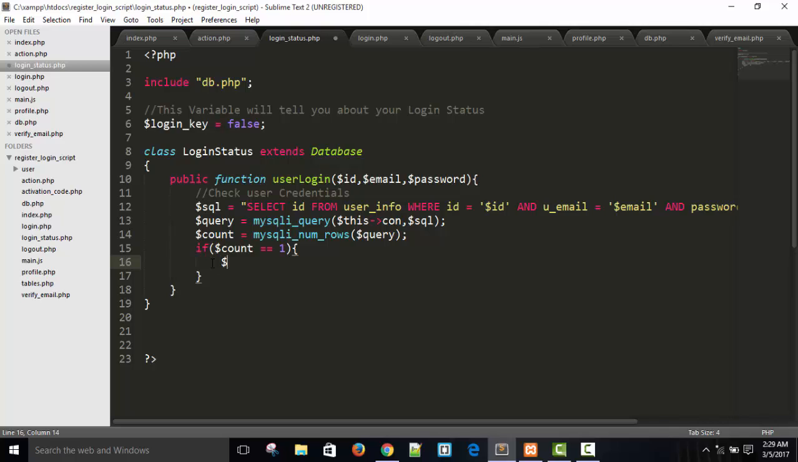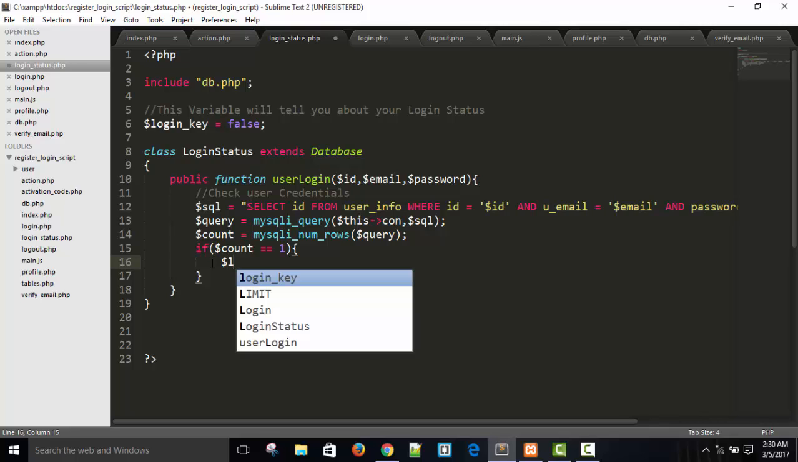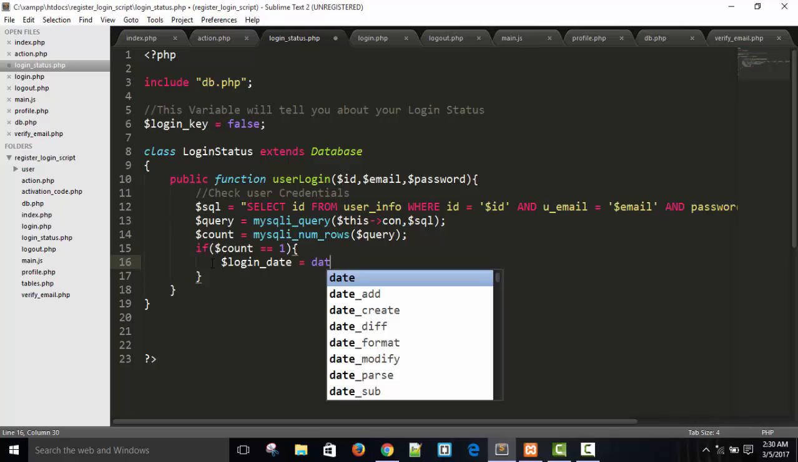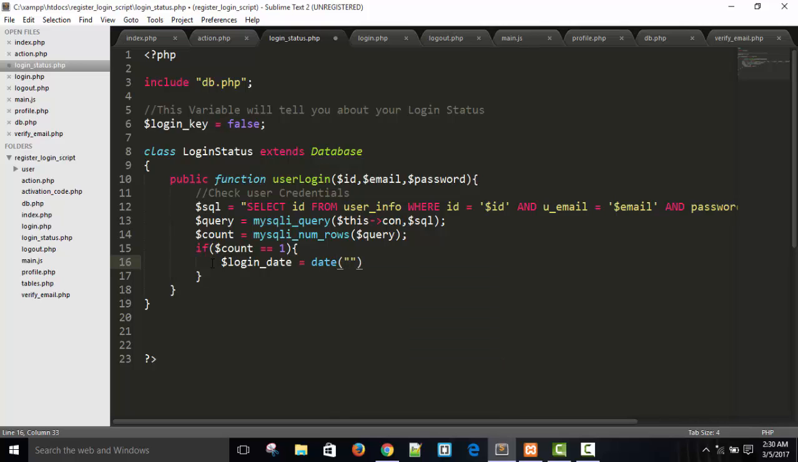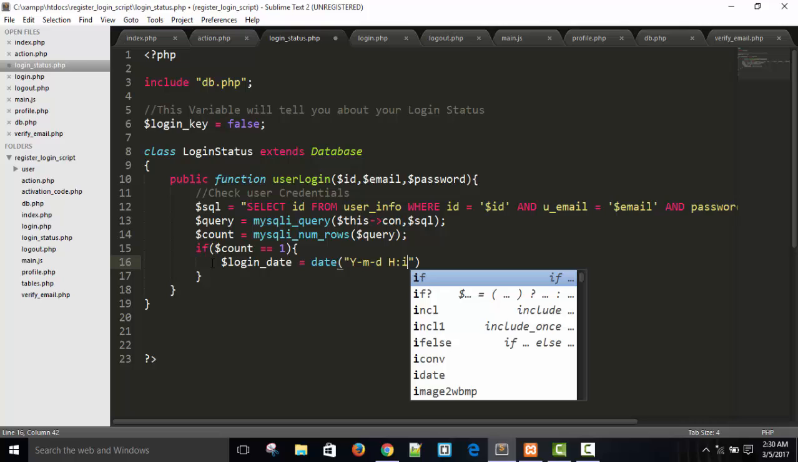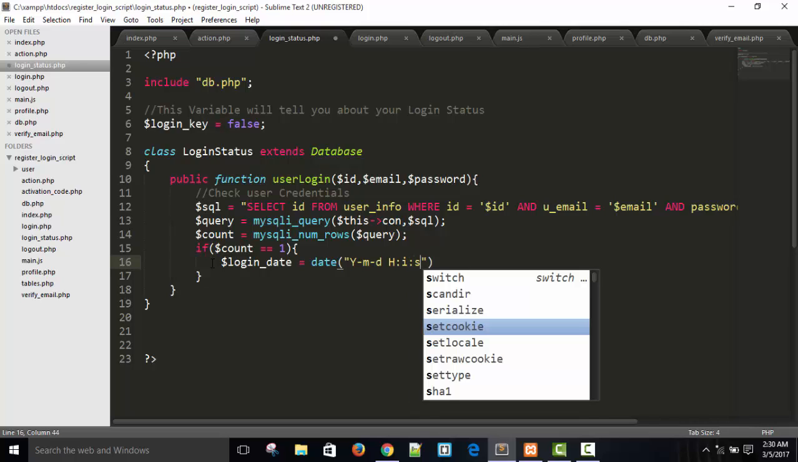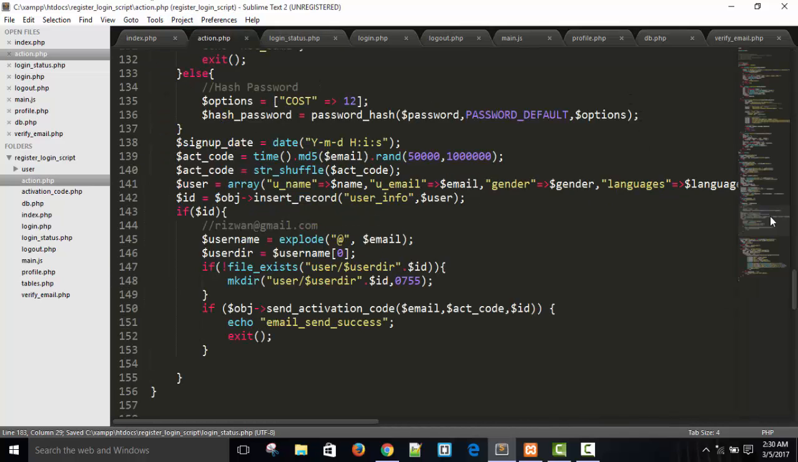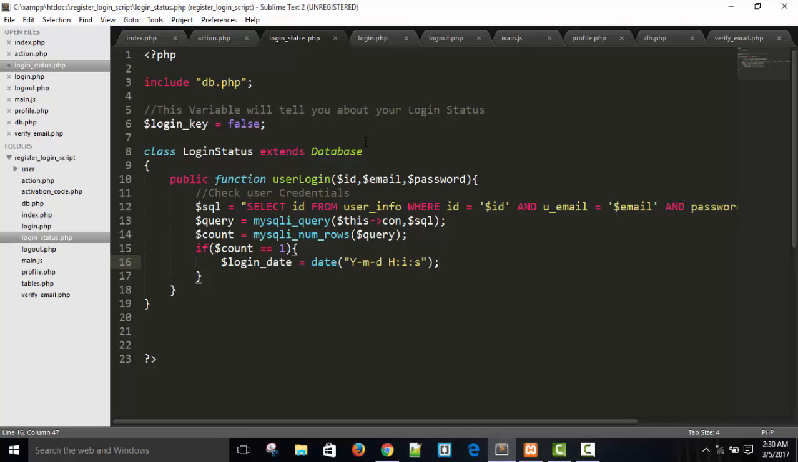So what we will do, we will update the time of login. First get the date: login date equals date, here in our MySQLi format. So this is the time and date. Yes, it is in the correct format. Now the query is executed, number of rows I have is 1. So now again